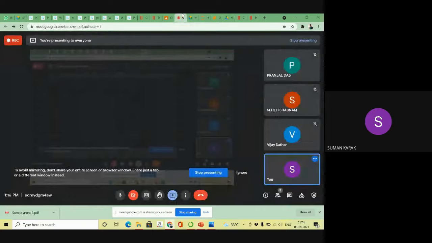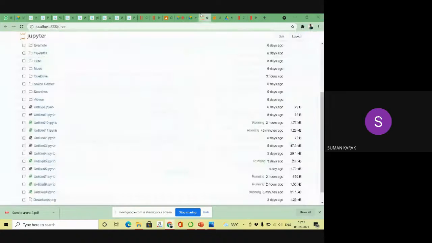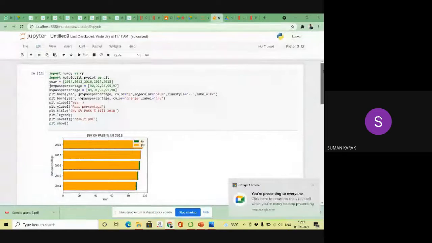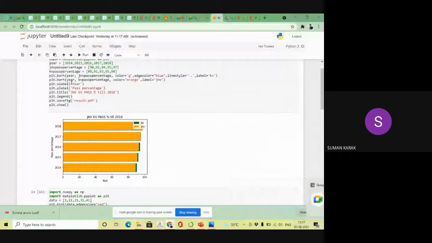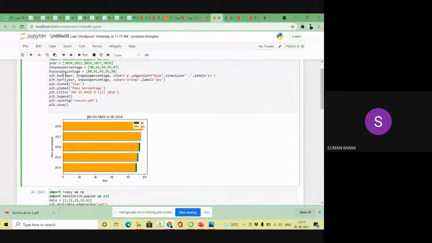Pranjal, can you tell me why we are using the legend function? Why we are using the legend function? Suppose I'm using the line plot.